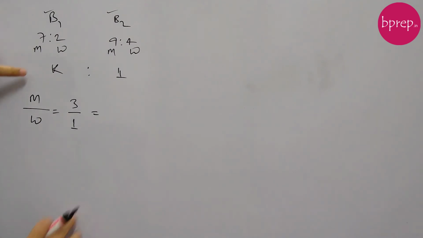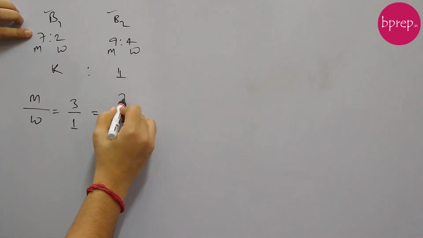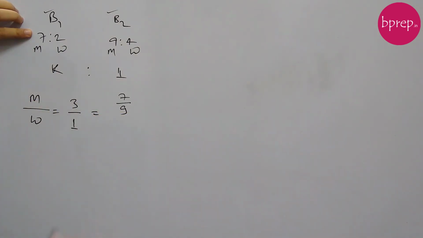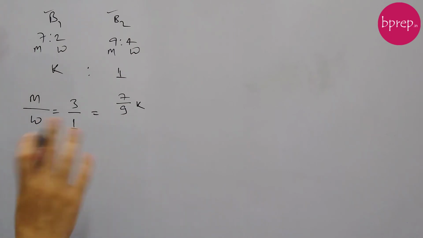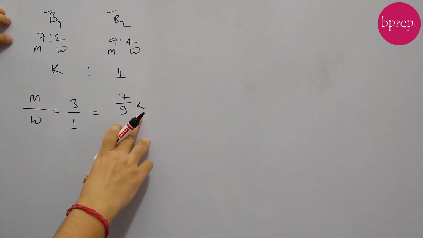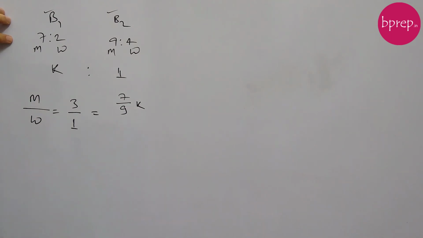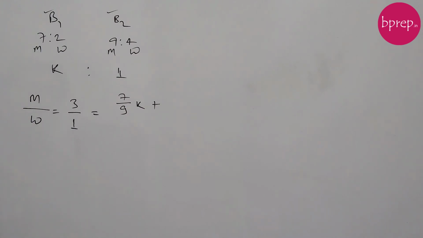So how much milk will we have? We are taking K units of liquid from bottle 1. How much milk will we get from bottle 1? We'll get 7/9 milk, so 7/9 into K. In 1 liter, if we have 7/9 liters of milk, then in K liters we will have 7/9 into K milk, right? Plus milk from bottle 2. In 1 liter we have